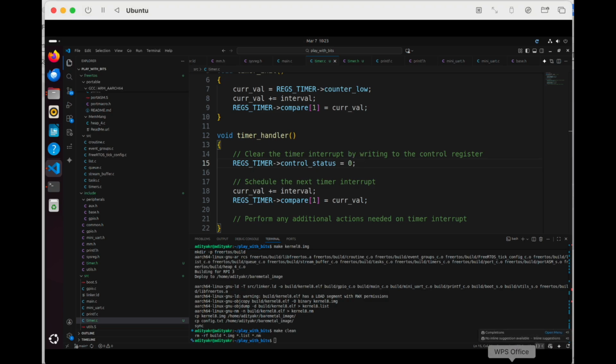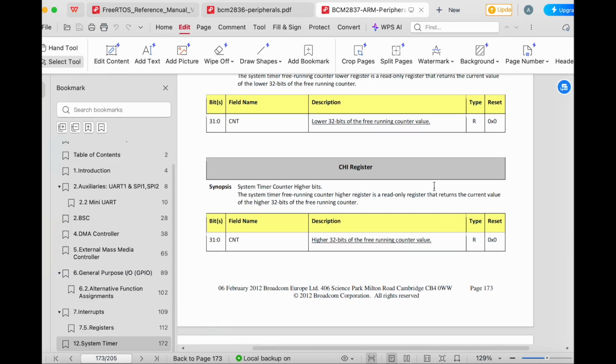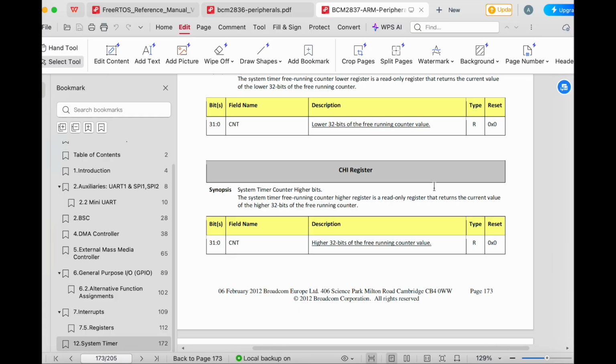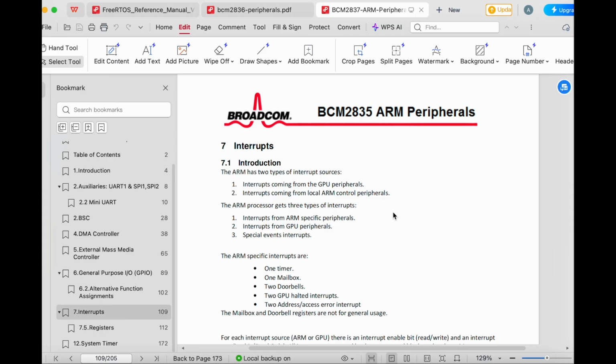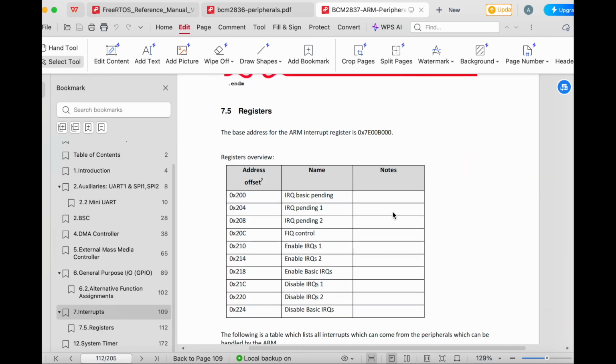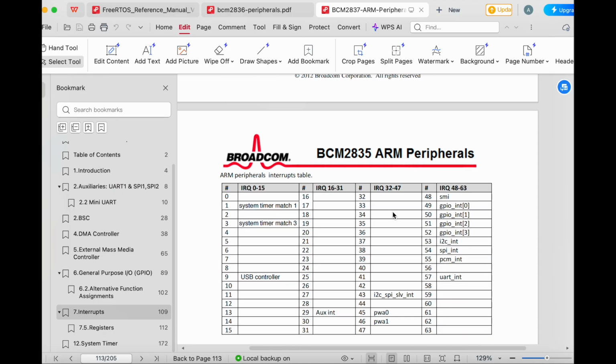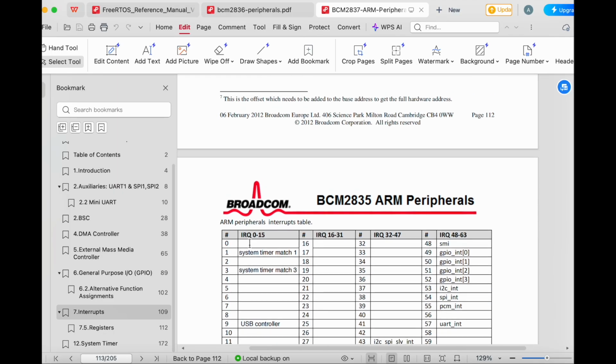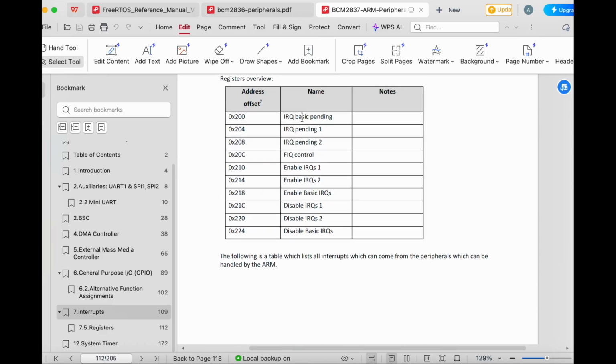So there is an interrupt controller, right? That interrupt controller, basically we have to enable it. So here let's find out. Yeah, so here we can see it is going inside that IRQ1. Basically it's there inside IRQ basic pending. So what we have to do, we can get the status by reading this IRQ basic pending, and then we